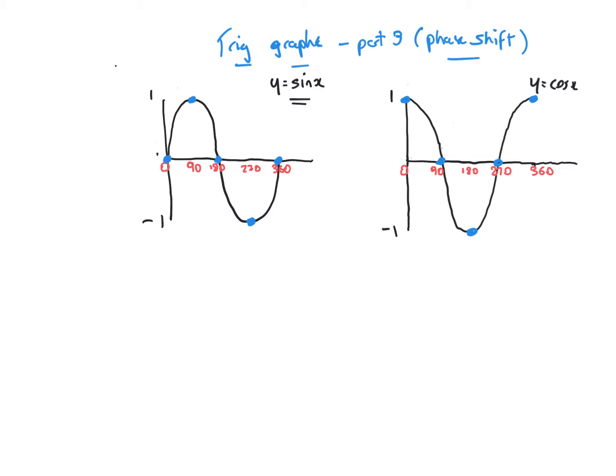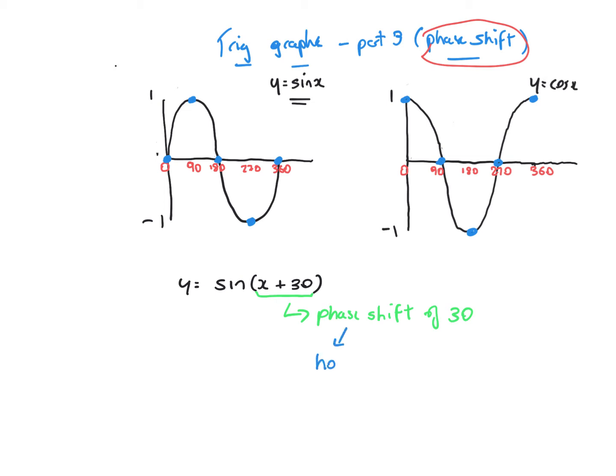Okay, now this thing that we're looking at today is called a phase shift. So let's take this down just now. Let's say we had sine x plus 30. Okay, so we would call that there a phase shift of 30. Now, what a phase shift means is that you move the curve horizontally. And in this case, it's by